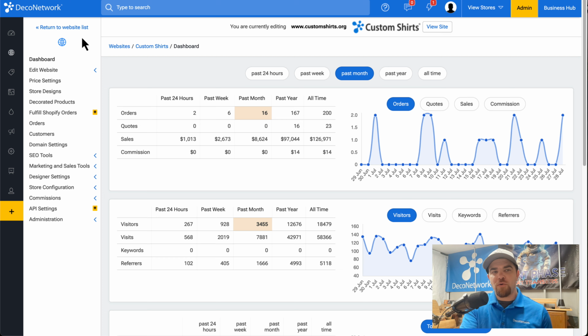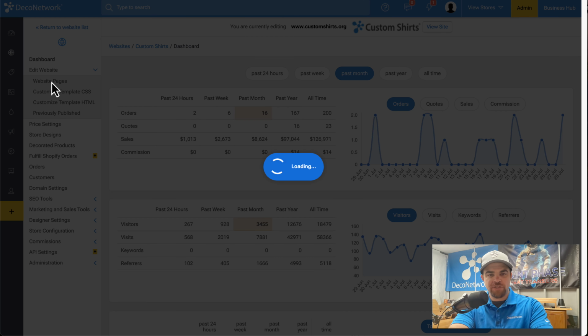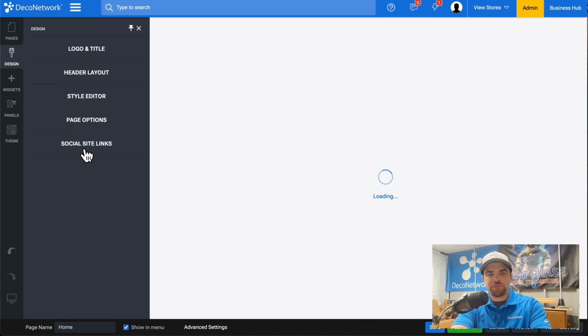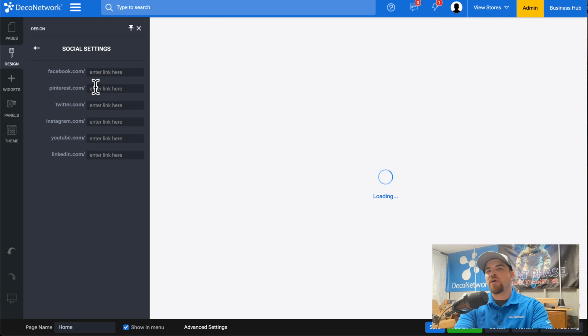DecoNetwork makes it easy to display social media links on your website. Simply go into the Edit Website Pages, click on Design, Social Site Links, and this is where you can enter in what is referred to as the